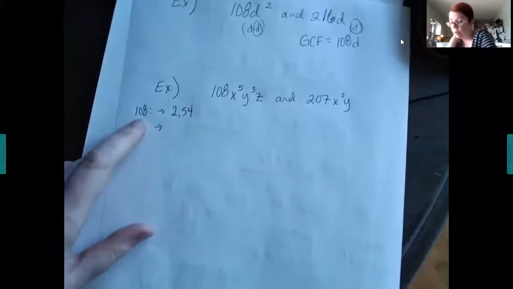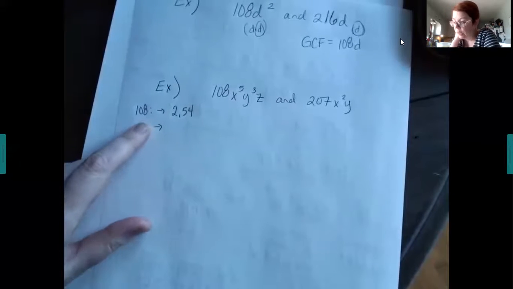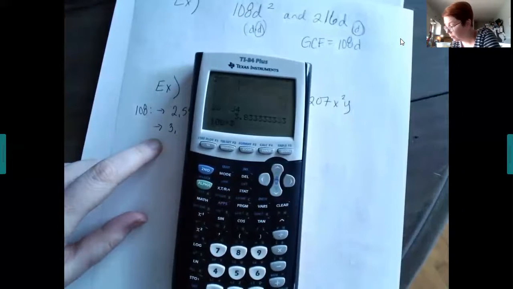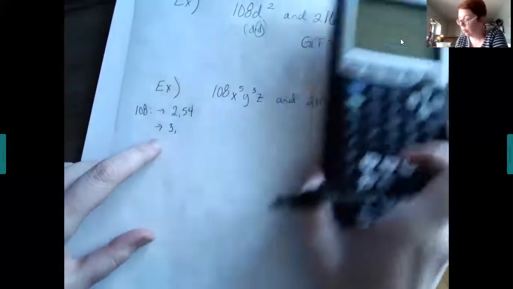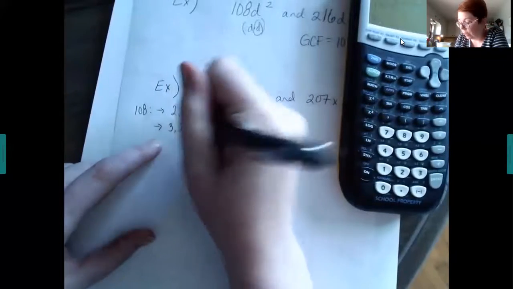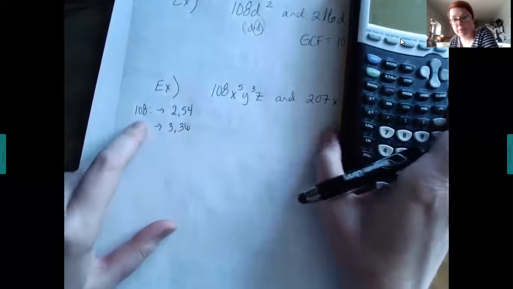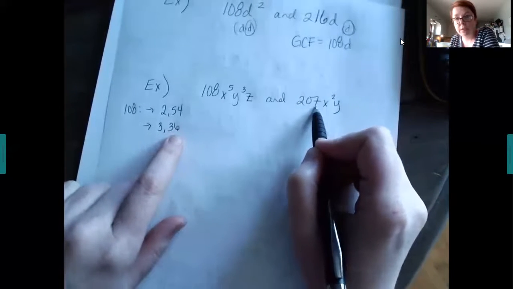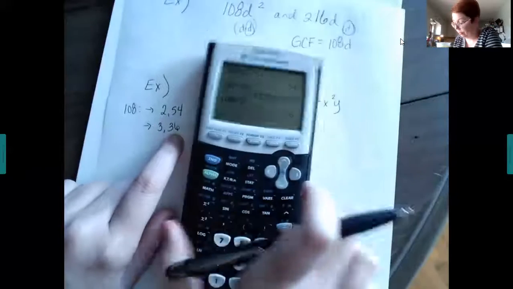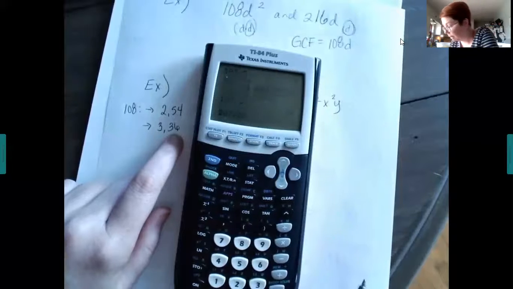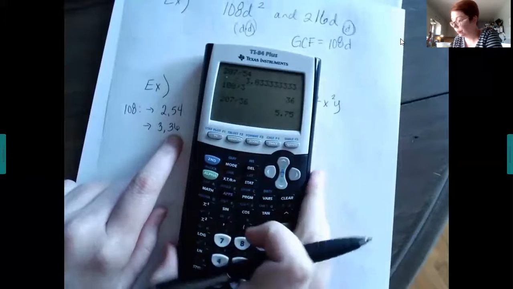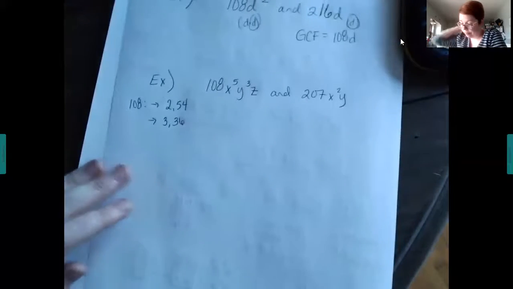So here we have 108. I'm going to see, can I divide this by 3? I can. I get 36. Cool. All right, so 3 times 36 gets me 108. And I divide 207 by 36. I don't know. I'm going to find out. Ooh, close, but nope, not even, right? Okay, so